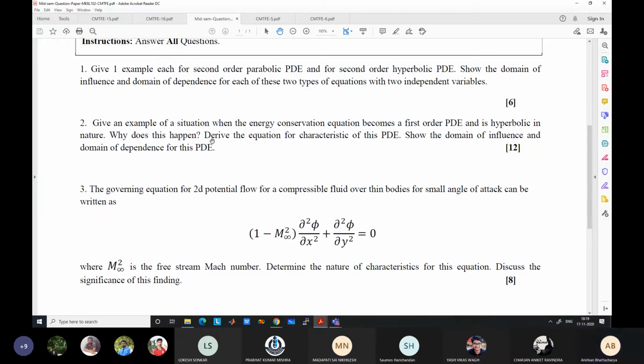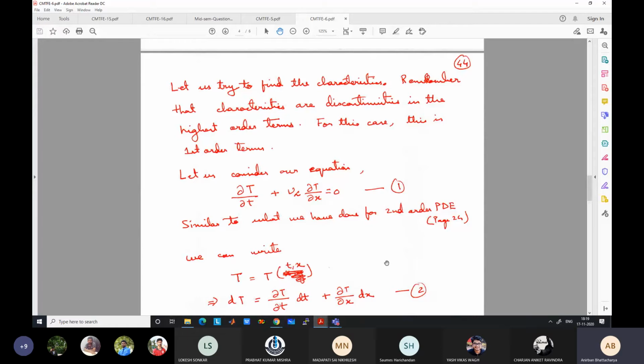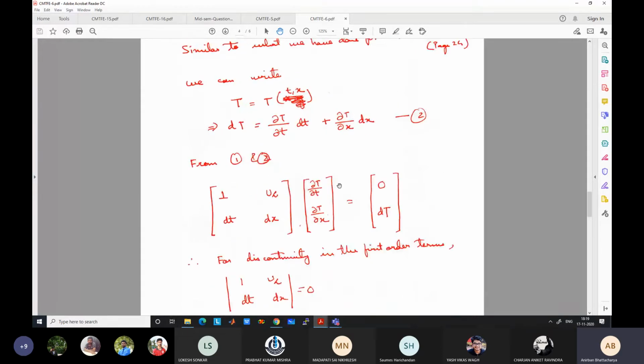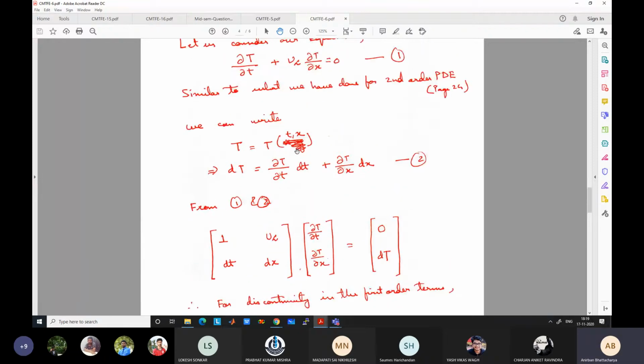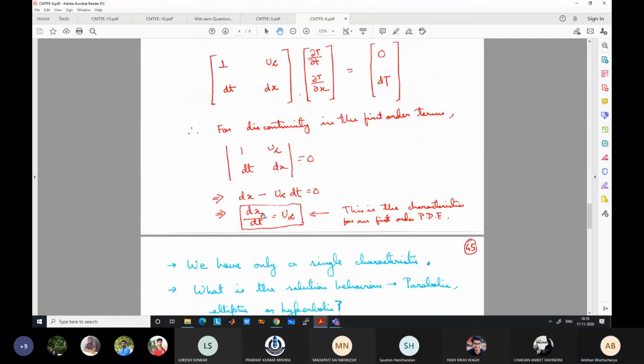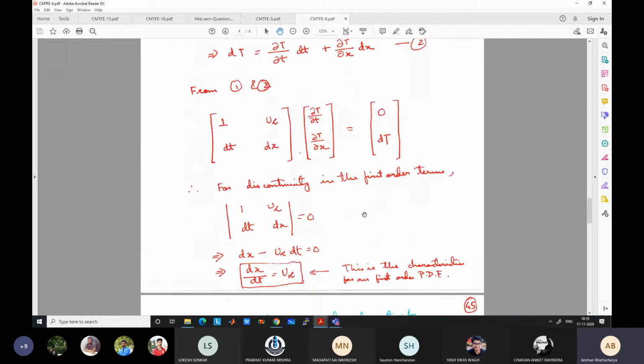And then derive the equation of characteristics of the PDE. Again, this is there in the notes, and you should be able to just derive it. But again, a lot of you have skipped a lot of steps here. I cannot directly say that because these are the equations, dt/dx = 1/U is the characteristic of the PDE. So physically, what do we mean by the characteristic? We mean that there is a discontinuity in the highest order term.